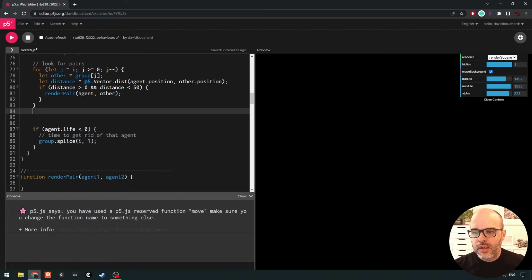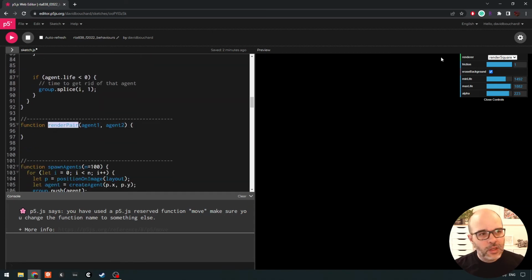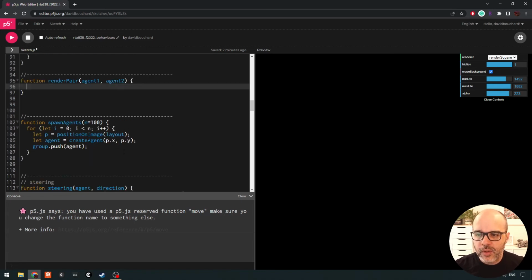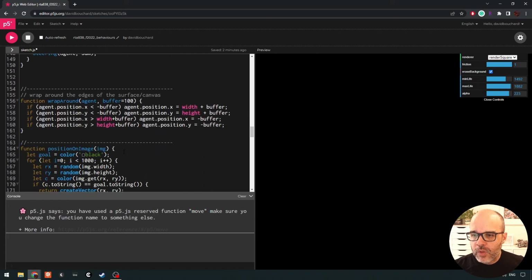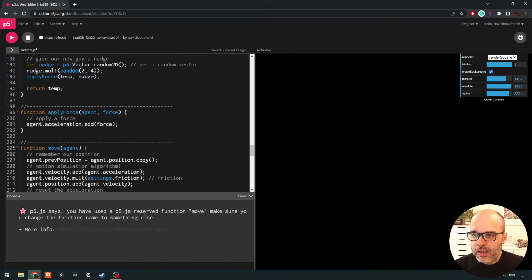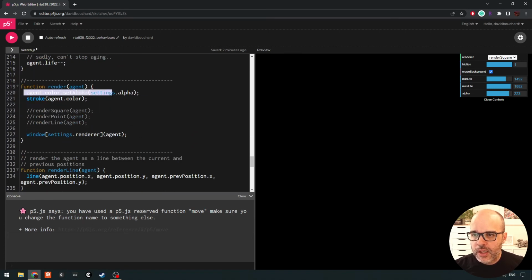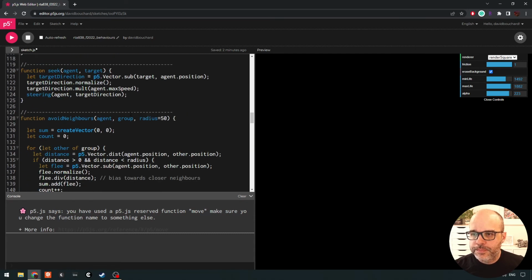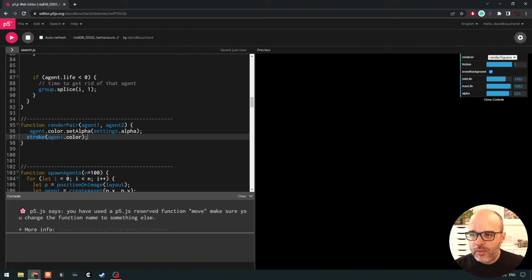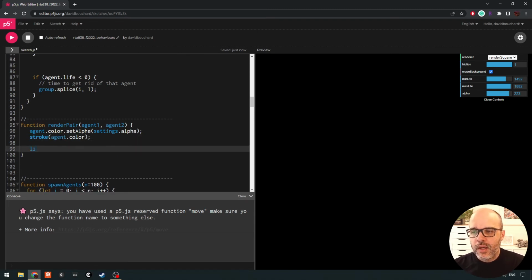Okay. And render pair is not going to really fit into these functions over here. This is just a little detour. I want to show you just another concept to play with. And let's grab the code that is setting our colors here. Agent.stroke is... We're going to use the agent 1 color as the color, and we'll draw a line between